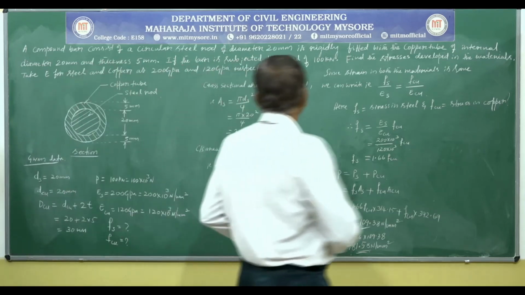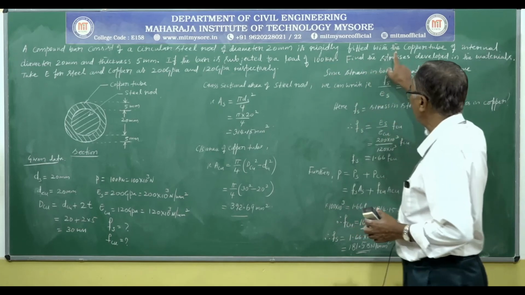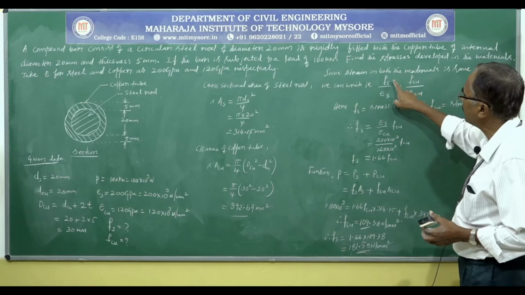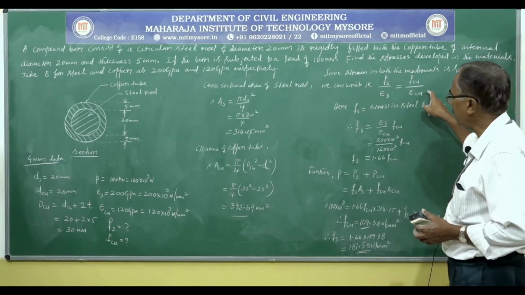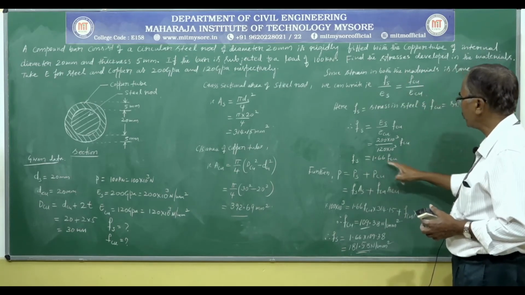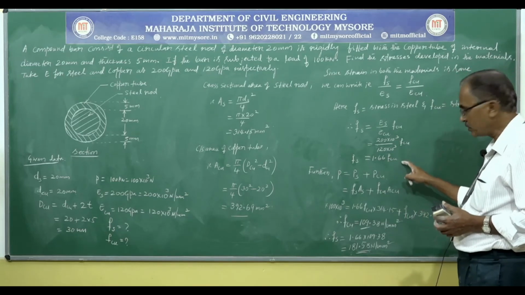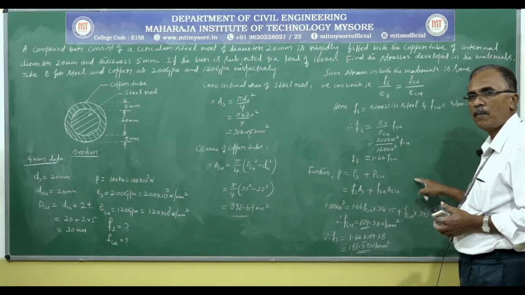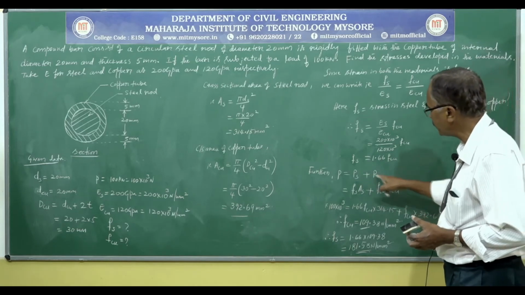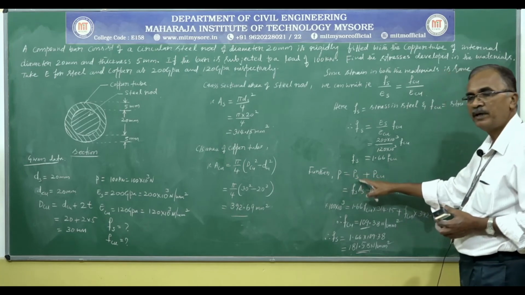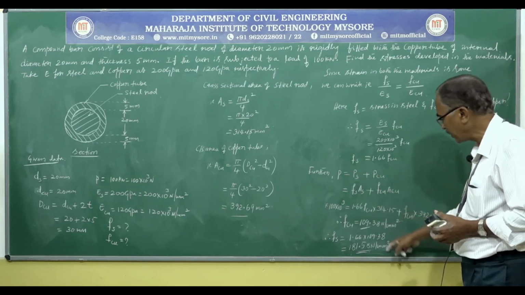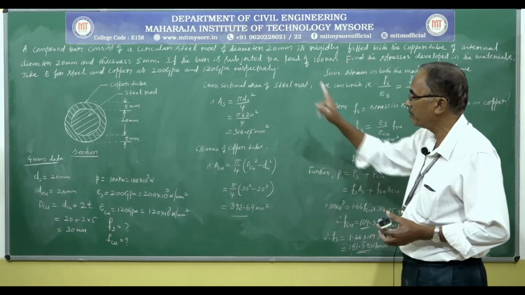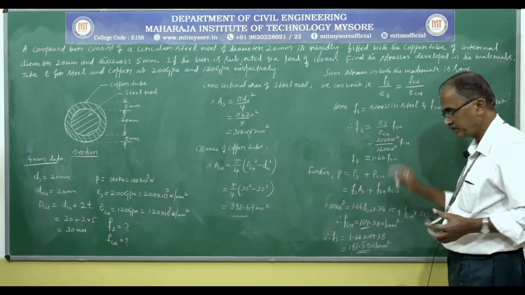Always to solve a problem on compound bar, we have to use this concept. First, you have to equate the strains in different materials, then we will get stress in terms of Young's modulus and other material stress. Finally, you have to use that the total load is equal to load carried by one material plus load carried by the other material. Then finally we got this. So we should not calculate stress directly by using given P and cross sectional area. It should be like this only.